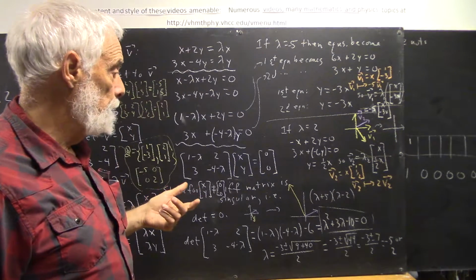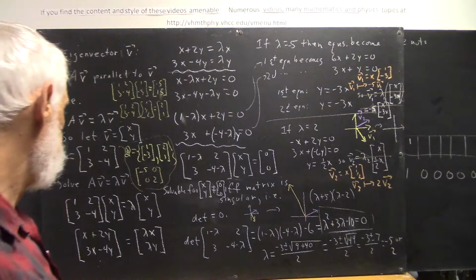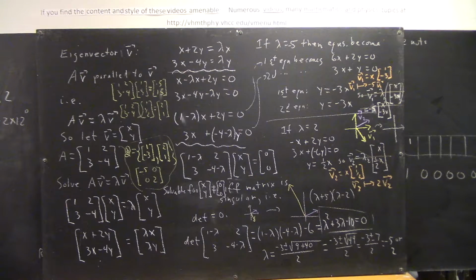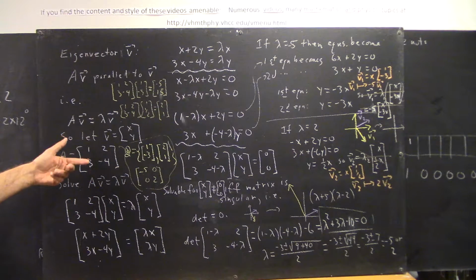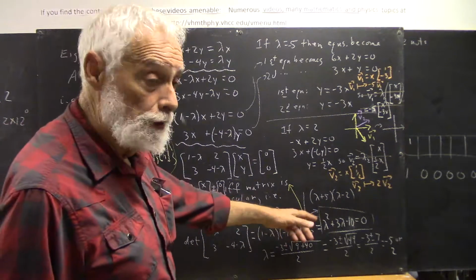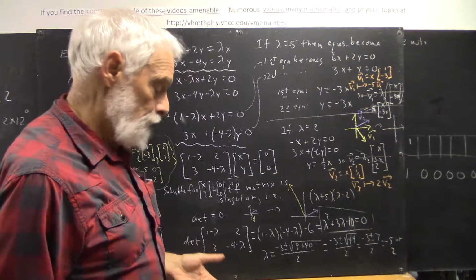We also see that areas are going to increase. Okay, and if we do the determinant of this matrix, we see that the determinant is -4 and -6, which is -10. Now this vector getting twice as long and this vector getting 5 times as long makes it plausible, at least, that